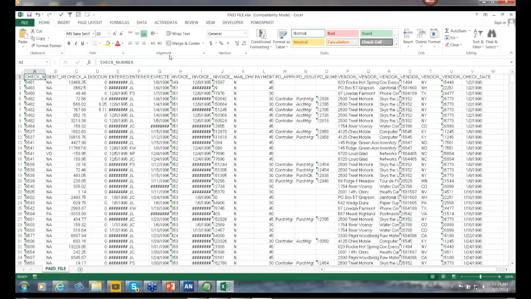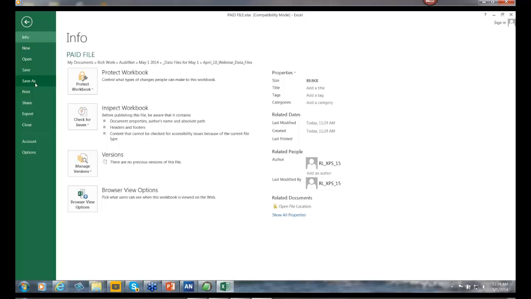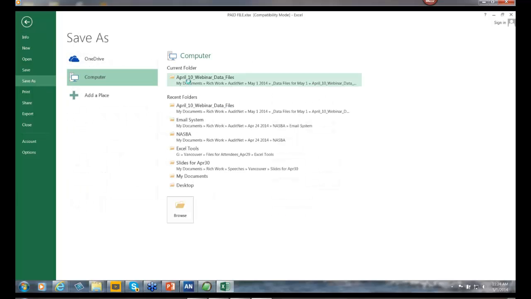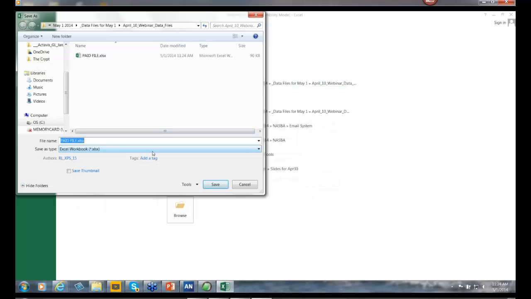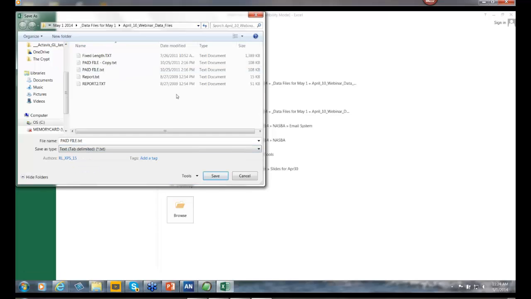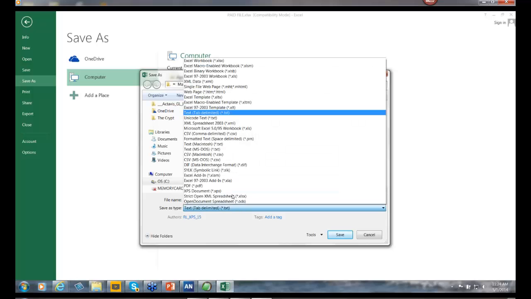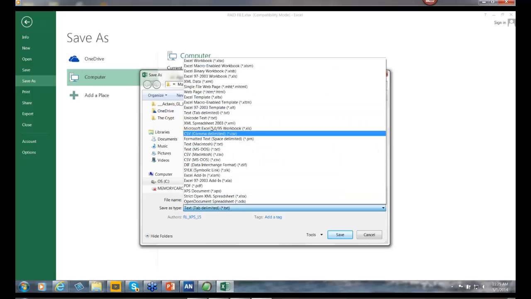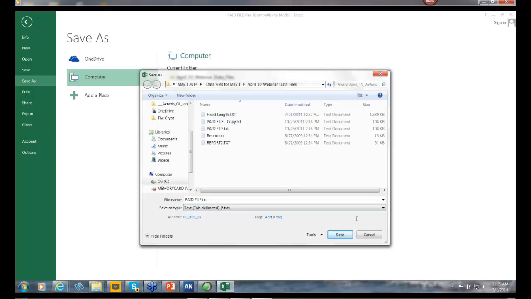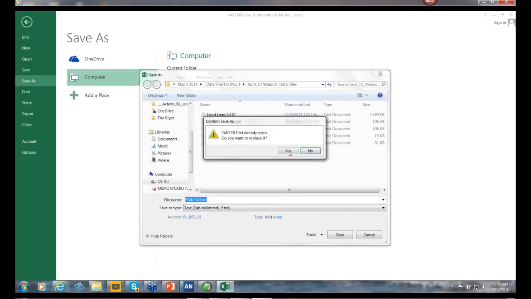But what I tend to do, quite frankly, when I have an Excel file, and I've done this for, I have to say, over 15 years as an approach, is I will then save this file as a tab delimited file. And the reason I go with tab delimited, I mean, I could go with comma separated. That's another option, and that's another good option. But I normally go with tab delimited because